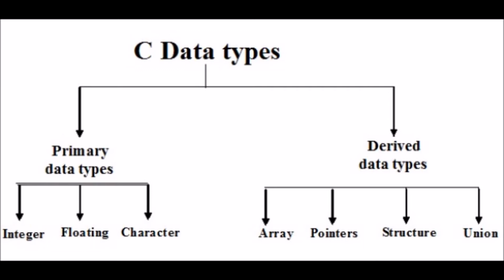Now coming to the second category of data types, that is the derived data types. In derived data types, we have arrays, pointers, structure and union. For this video, we won't go into the details of these, but we will be discussing them in detail in later videos. The point to note here is all the derived data types come from the primitive data types. That means primitive data types are the basic building block for any program which stores data. As we have understood this concept, let us go for an example for primitive data types.